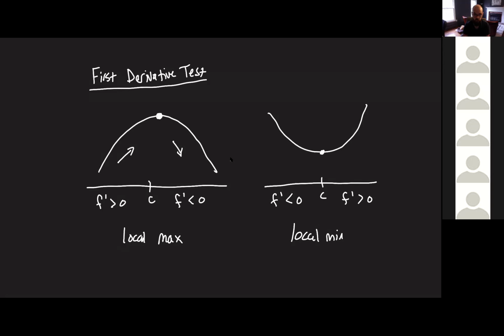So what this corresponds to is our graph is decreasing to a point, and then all of a sudden it turns around and is increasing out of that point. So using derivatives, we can use this test to figure out where our local maxes and where our local mins are. Okay, so